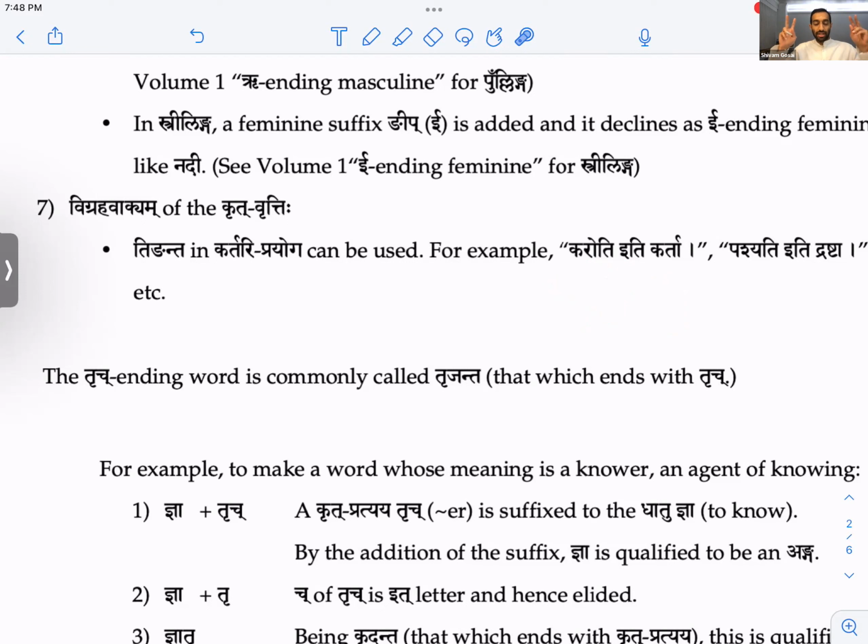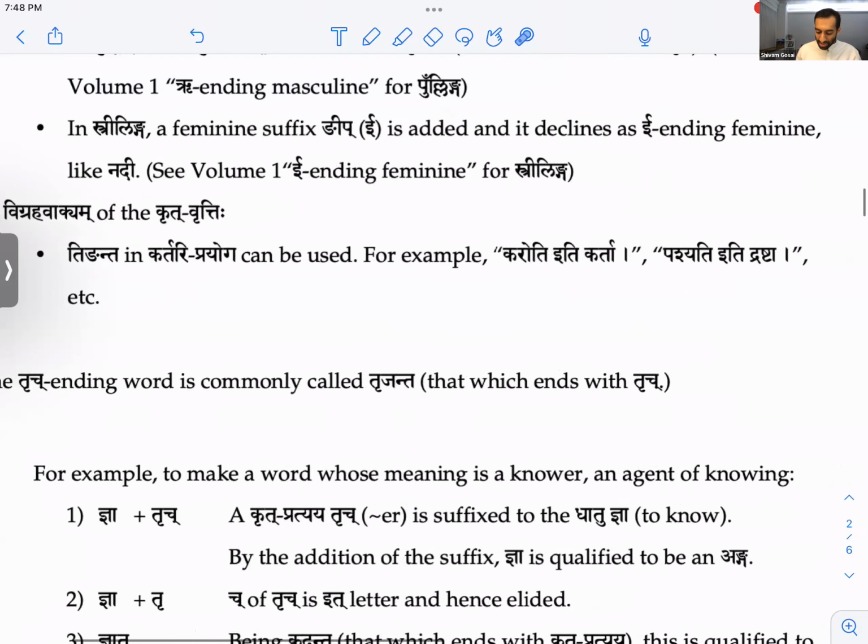Or it would be literally like one does, or he does, or she does, in quotation marks. That's a doer, right? The he does, the doer, right? So that's how we translate it.